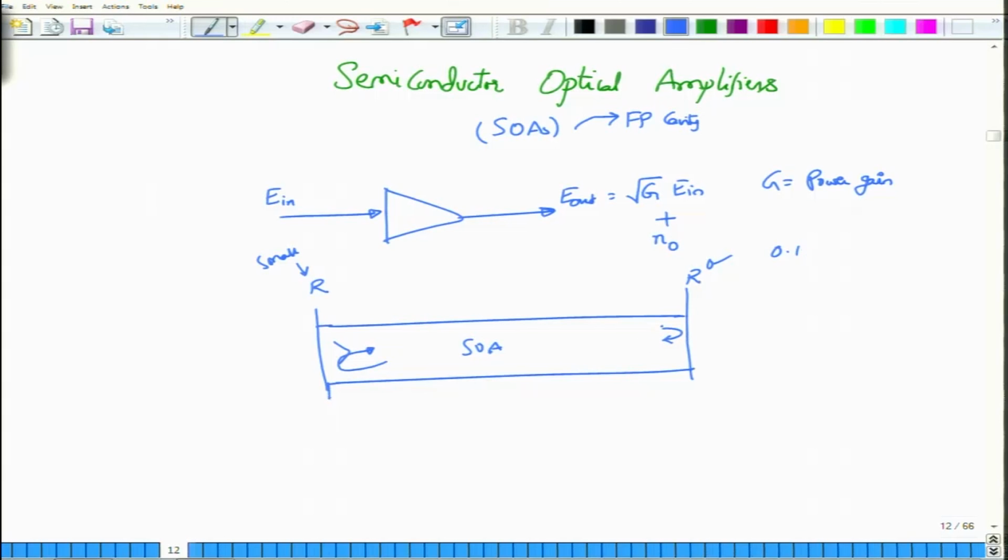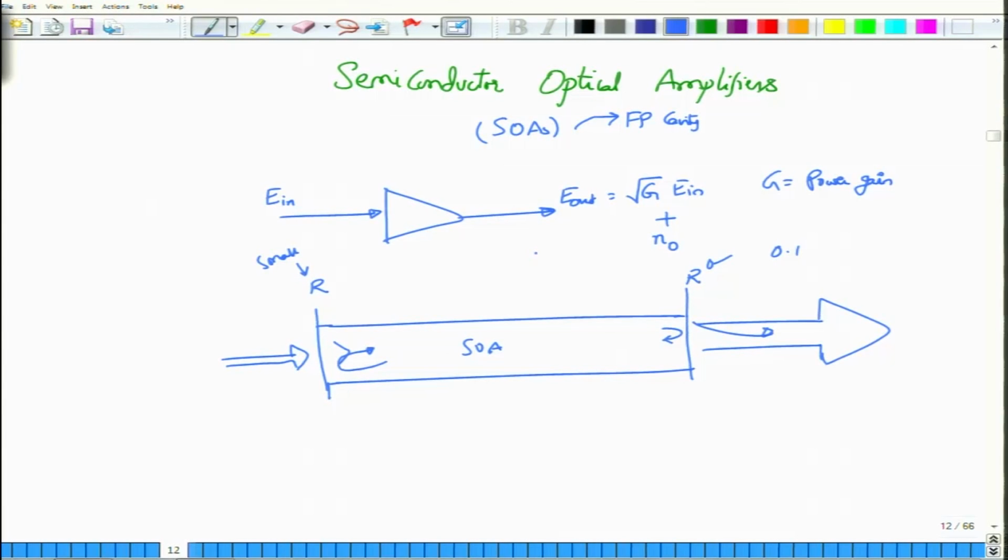So, most of the light is not getting reflected, most of the light is actually coming out of the cavity, in the sense that when you launch a probe light at a certain wavelength, then what you would get at the output is an amplified version, with some amount of noise, but almost a faithful replication of the input. Okay. So, this is what you would have.